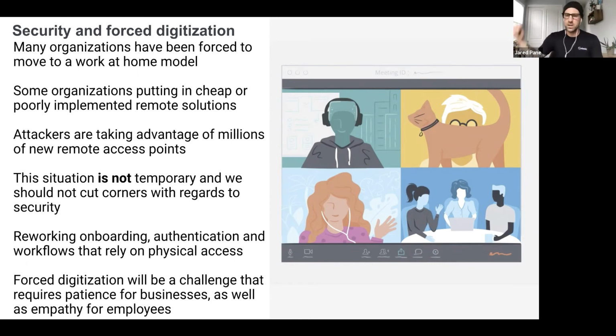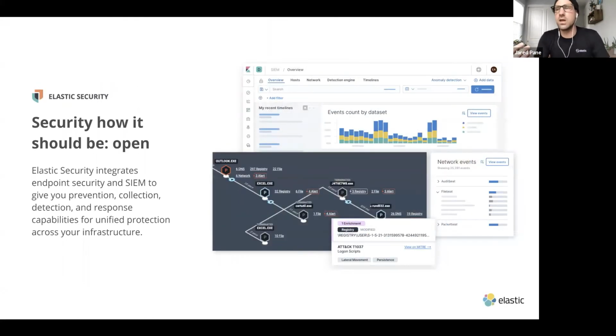And the person down the street who needs to register their car or register for a class or needs to be able to do something from a public service perspective can't get into it because now your stuff is out of order. So what's happening is that these forced challenges need to be mitigated and stopped. And Elasticsearch, especially in the security space, is always going to be free and always going to be